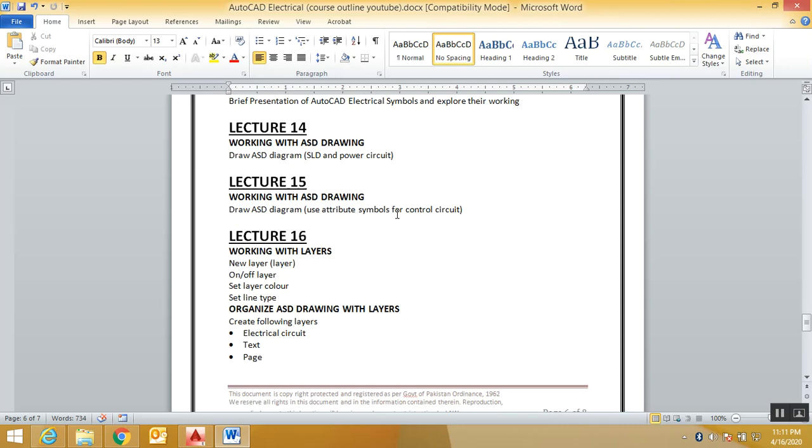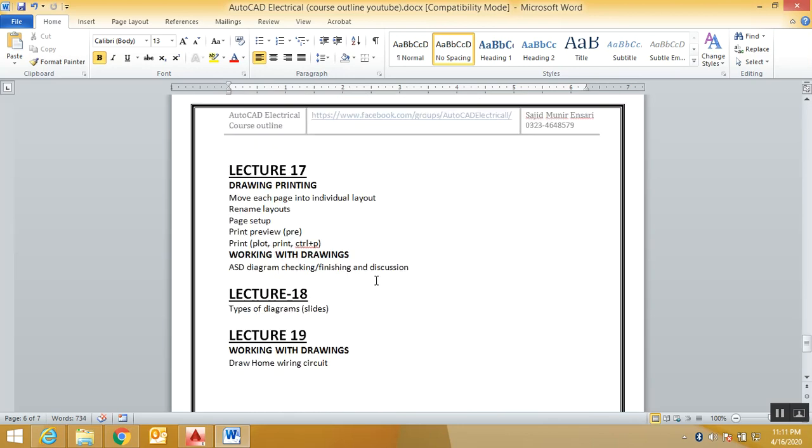Even if you are already working, you will see the difference. For example, if you are using a command to complete a task in 5 minutes, I will tell you some commands with which you can finish the same task in 1 or 2 minutes.